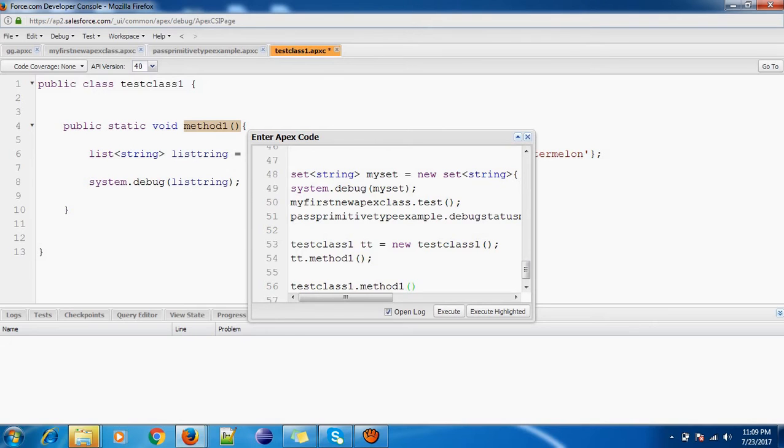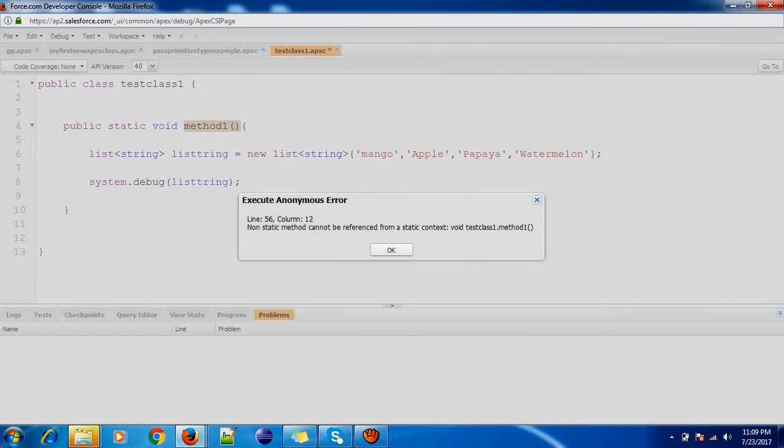Okay, so test class 1 and method 1, and who will put the semicolon here? Semicolon is very important, muy importante in Spanish. Okay, non-static method cannot be referenced from static context.